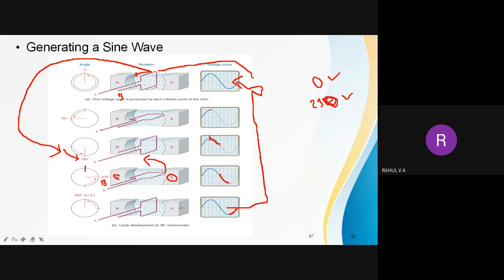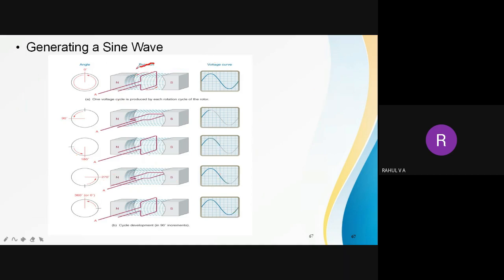So this is how AC waveforms are generated. If you have visited any hydro power stations, they will be using a dam to block all this water, and below that dam there will be pipelines where they will be guiding this water. This water will be full of great force, and it will be flowing on the turbine, and the turbine will be rotating. So with the help of that turbine, the rotor, what is shown here, will rotate. So there will be magnetic flux lines.